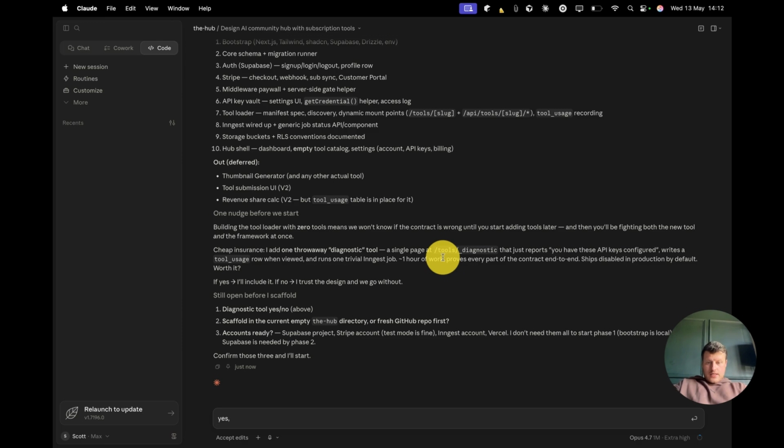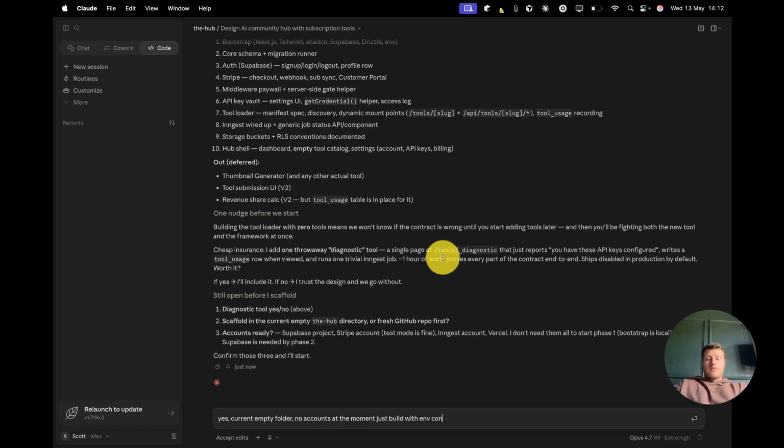Let's have that scaffold in the current empty folder, not a fresh GitHub repo. And then accounts ready, Supabase project? No accounts at the moment. Just build with environment